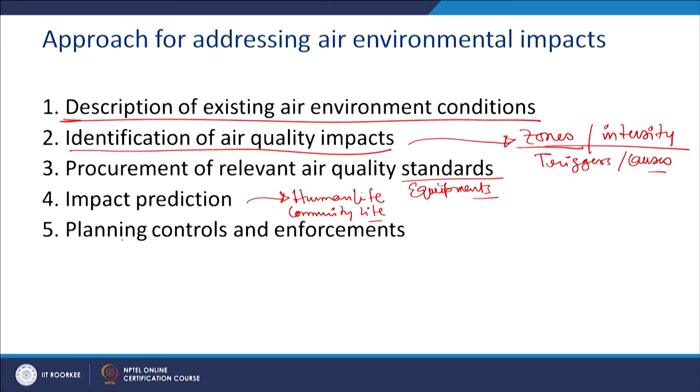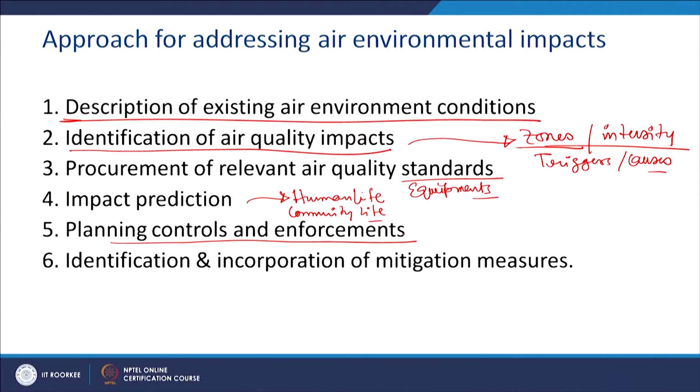Next is the planning, controls and enforcement. What controls and enforcement can you design, develop and adopt in your city, which will be binding for the people, and which will ensure that people conform with practices which do not emit severe pollutants or add to the pollution. The several reasons are emissions from cars, emissions from factories and industries, the burning of various kinds of materials during the winter season. Then construction sites are also a very big contributor to this air pollution.